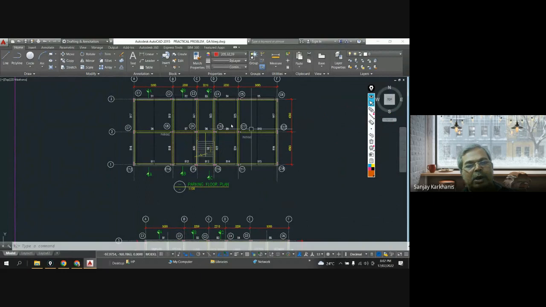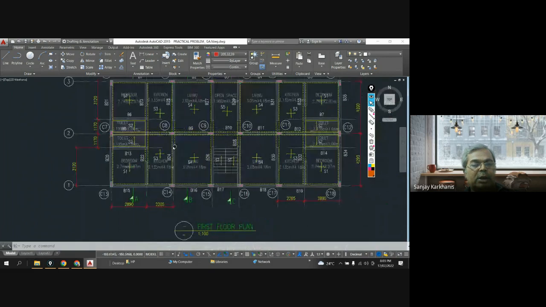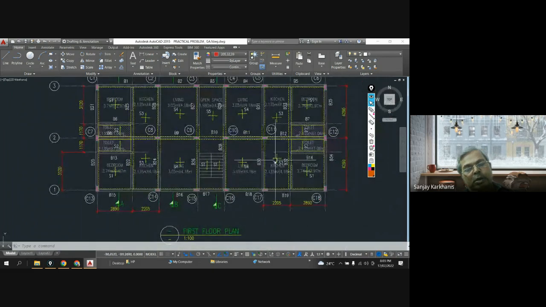Okay, so this way you can see now once you have approximately located the columns and you are going for one size of column, and then you can carry out the beam. So this is called a general arrangement at parking floor. Then here you see this is the general arrangement for